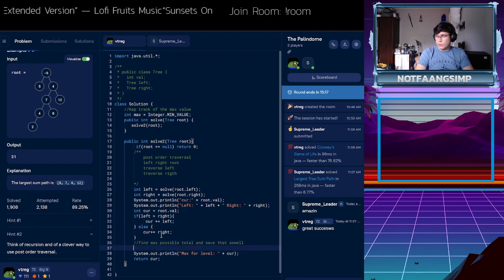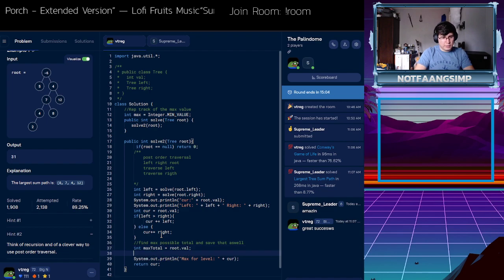So we're going to do int max total is equal to, I think, root.val. Then we're going to say if left greater than 0,